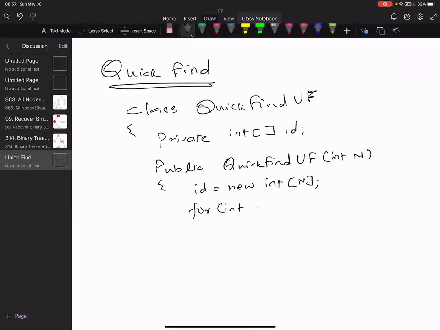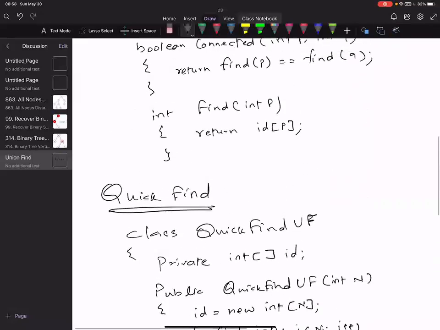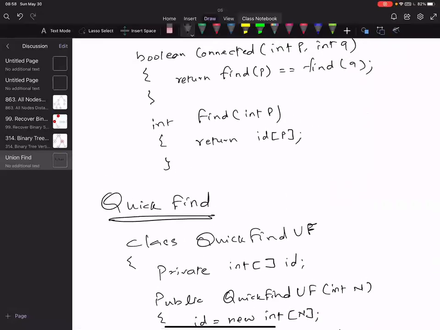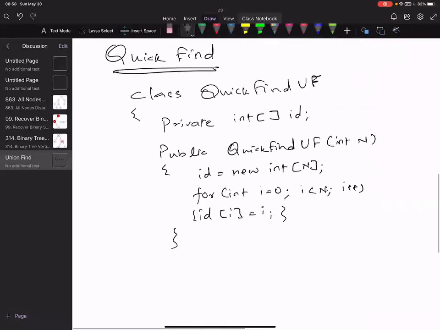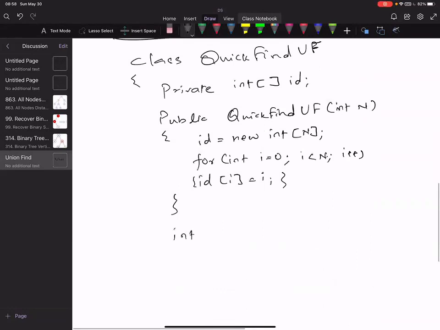Yes, so basically assign each value. Yes, that's correct. So I'm going to say id[i] equals i. This creates an array where each value is its index, which means each is connected to itself. The implementation of find is similar to what we have done here. Let me still write it down just for completeness.